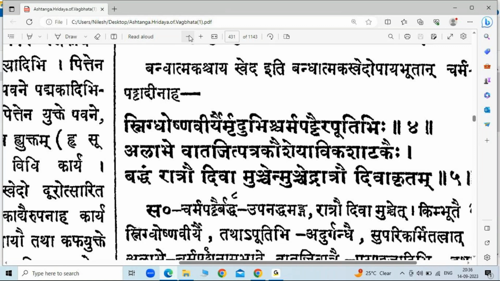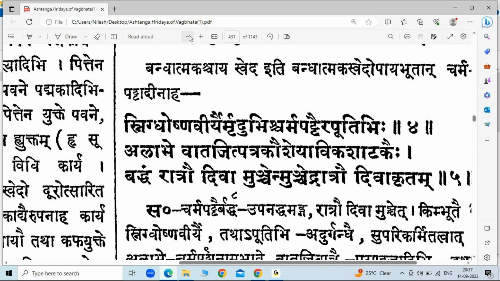So vadajit patra kausheya avigashatakaihi, these are all types of clothes. Avikam, kausheyam, and kausheya aviga shadakaihi. So these are all types of clothes, sometimes made out of the fur of animals or sometimes silk type of materials, which will meet